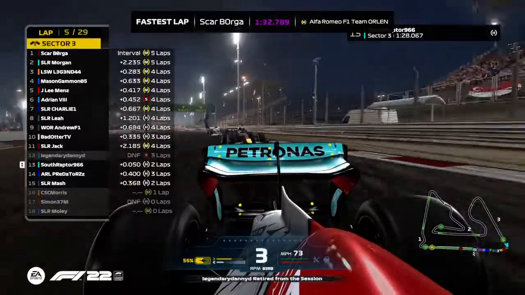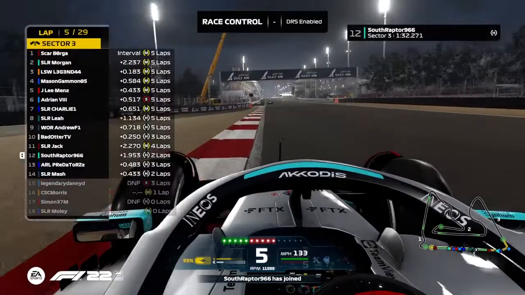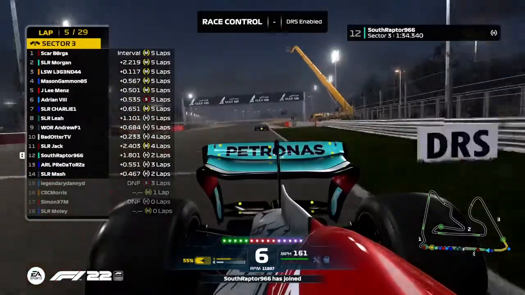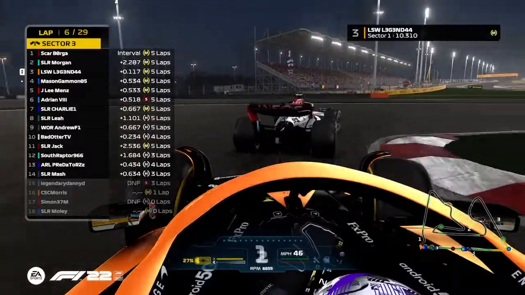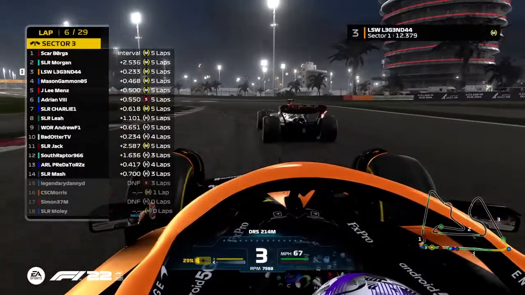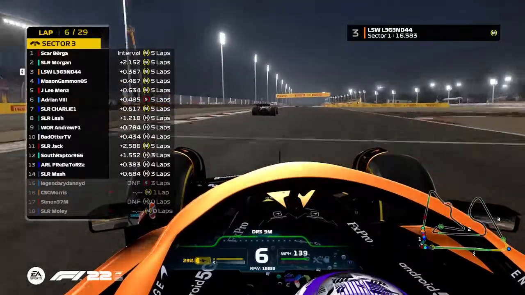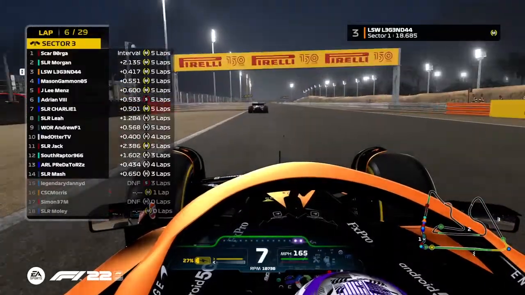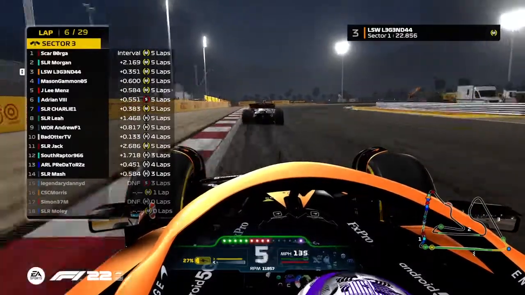Because he can't get back in. Oh! Yeah, his AI has just taken out legendary Danny D. That is an issue with his AI. I think, yeah, legendary Danny D has been taken out by South Raptor's AI. And so that is now the 4th driver who is out. No safety car, interestingly, for that crash, but...